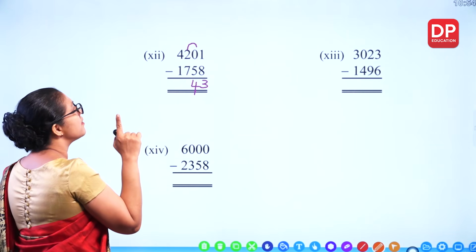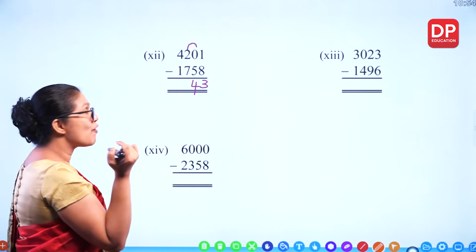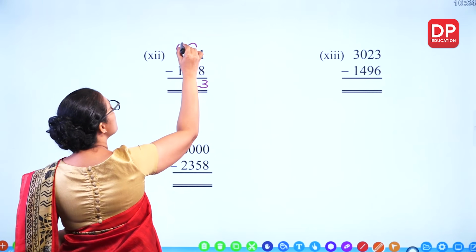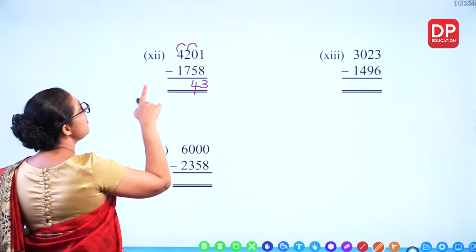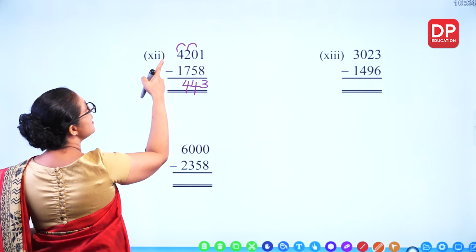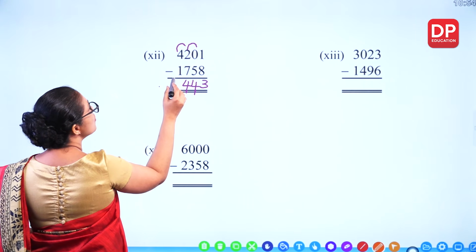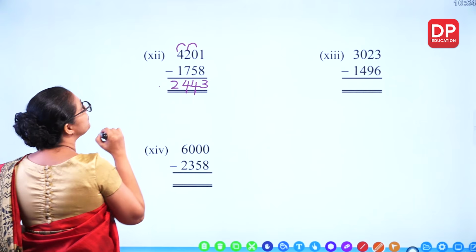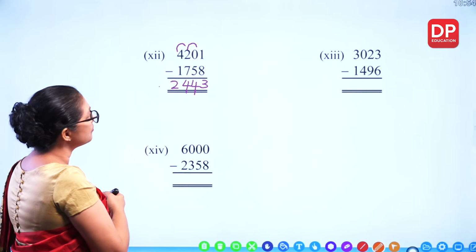Now this is 1. You can't subtract 7 from 1. So you take 1 from here. 11 minus 7, that's 4. So this becomes 3. 3 minus 1, you get 2. This one,